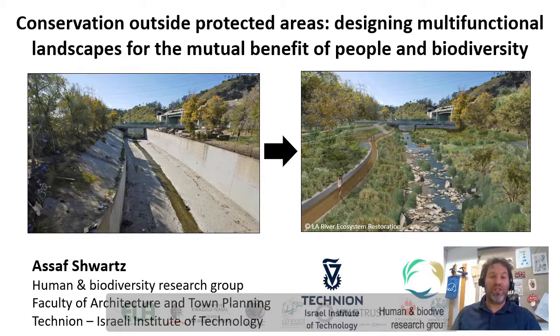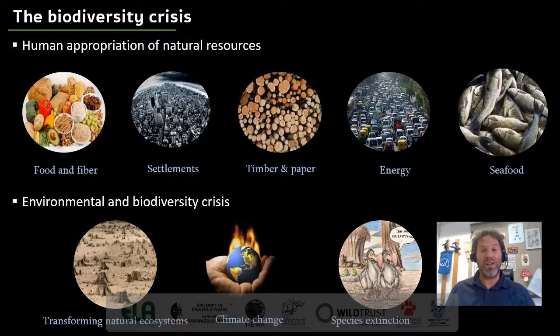Now, since a picture is worth 1,000 words, I would like to show you two pictures. One of them shows a traditional engineering solution of a canal lining, and the other a multifunctional solution, for instance, using natural vegetation to slow down water, enhance biodiversity, and provide recreational activities. So this seems like an excellent solution, but in reality, it's a bit more challenging than we would like it to be. So this will be the topic of my talk, but I would like to start with a bit of background.